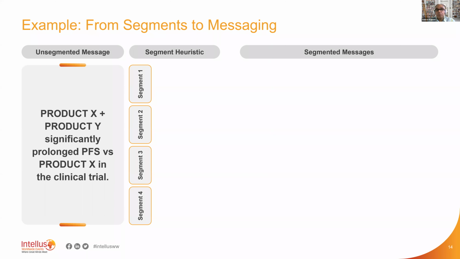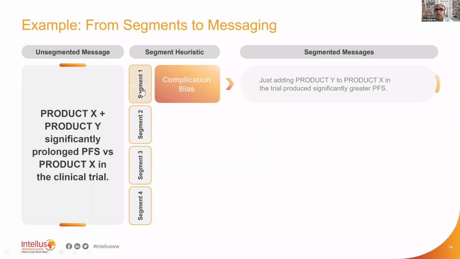Now, this is where the rubber meets the road, which is you have a segmentation. For each segment, you know what their heuristics are. Now, how do you create segment-based messaging? So now we'll focus on that part. You can even take your existing messaging that may not have been written to segments, and now you can create segment-based messaging based on their heuristics, i.e. heuristicize your messaging down to the segment level.